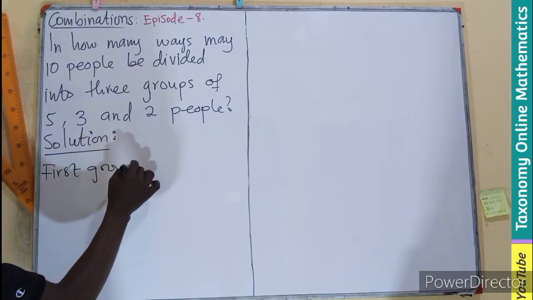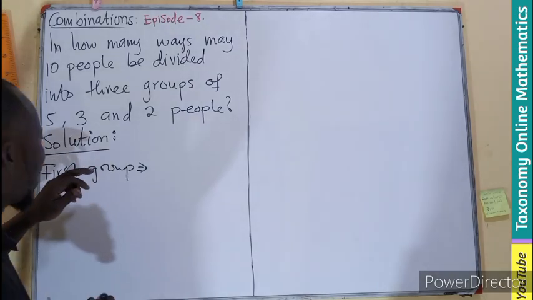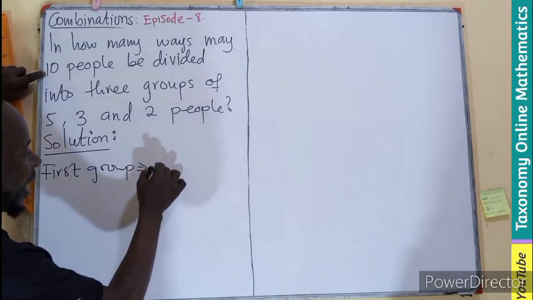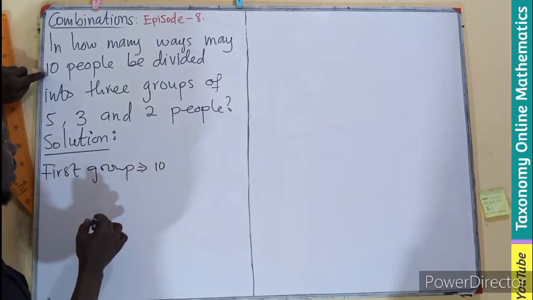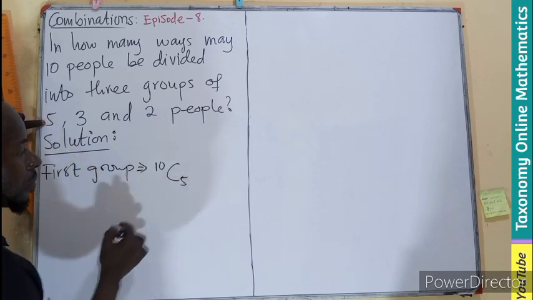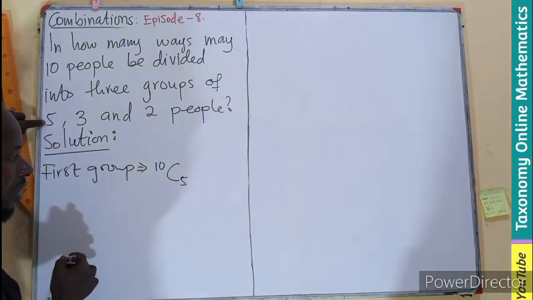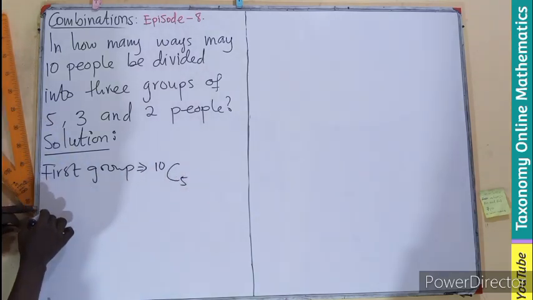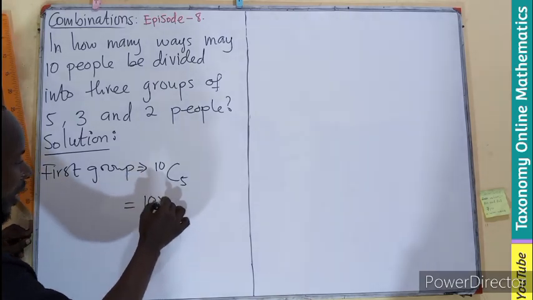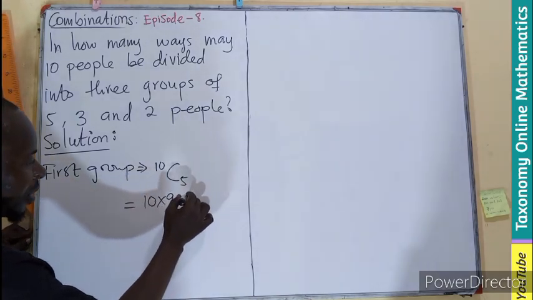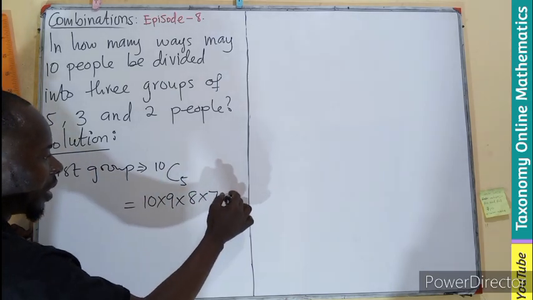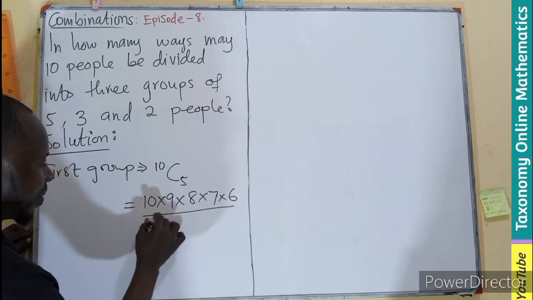If you are dealing with the first group, that will be dealing with selection of what? 10, right? We have 10 people to select from, selecting only 5. That is what we are going to be dealing with. Then for the second group, okay, let's have the answer at once. This will mean 10, 9, 8, 7, 1, 2, 3, and what? 6, divided by 5,